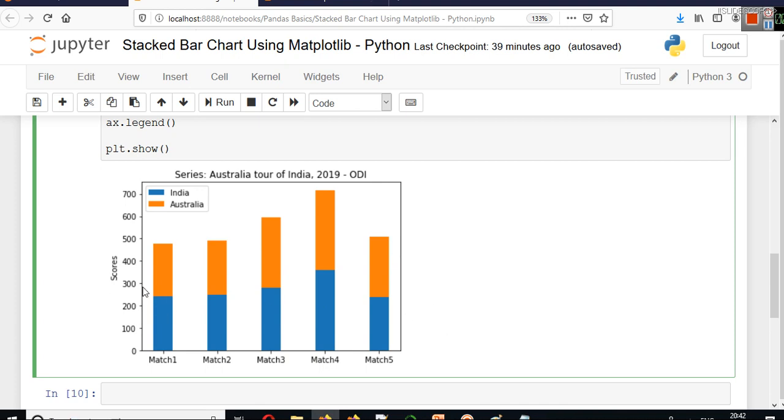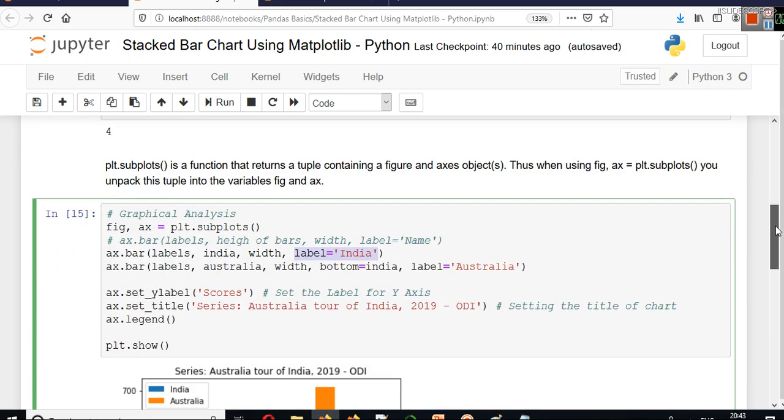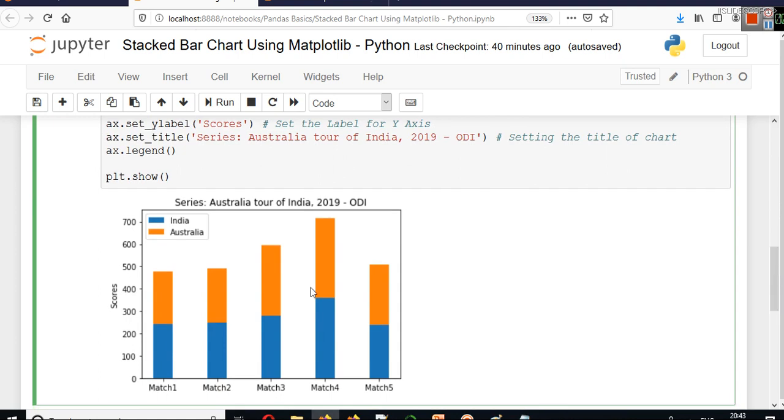You can see here the length of the first bar is between 200 and 300, just below the half mark. That's why the value is 240, and then you add 236 to that. So you have the information 240 and 236. Now you have the complete graph here.